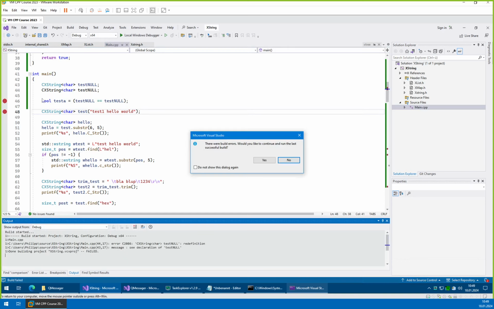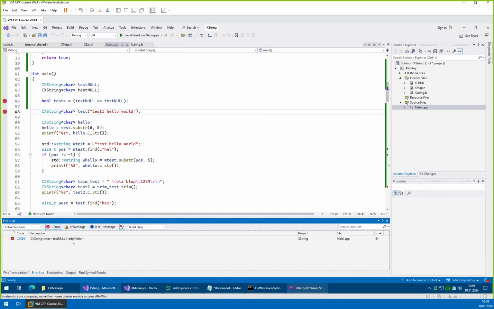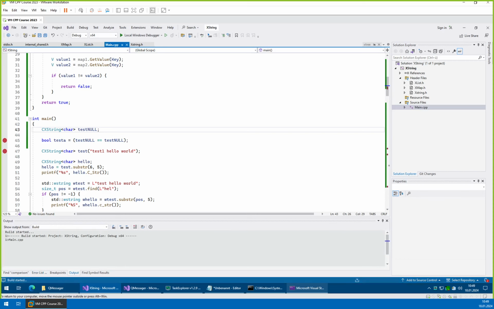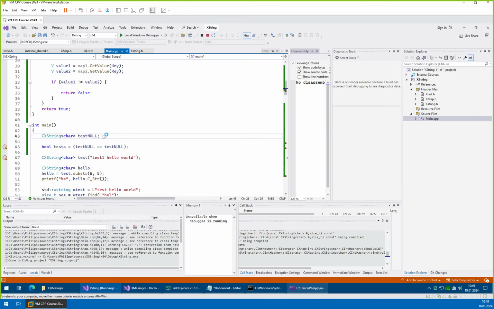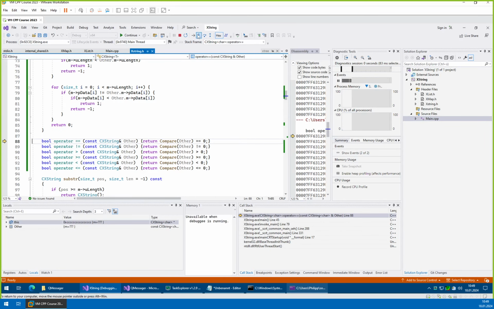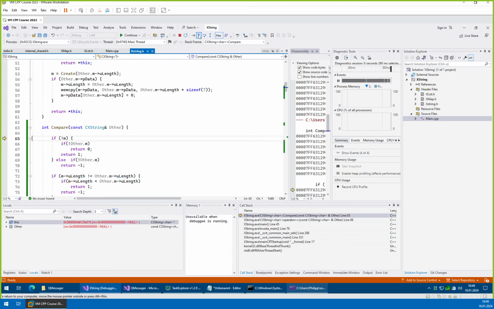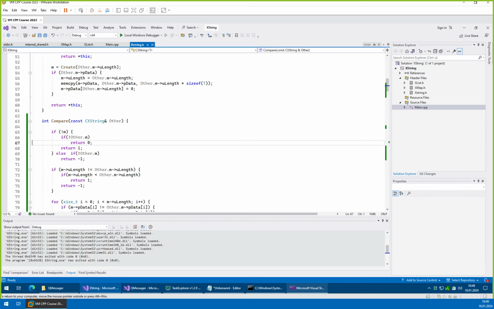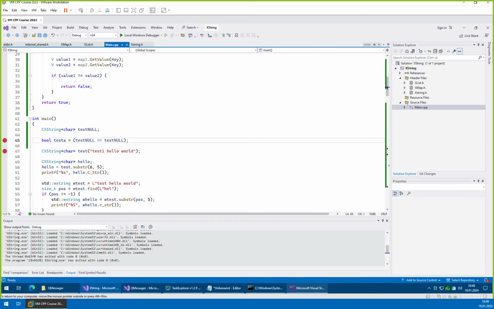In the release build, the compiler would definitely remove that fully. Right, we don't want to define it at the same time. But I think in the debug build it will do such an obviously unnecessary operation still. Yeah, you see it does. So we enter here, it's 0, 8, 0, and it returns 0. Right, and we also could use the compare function directly here instead of the operator, but yeah, that makes it better. Int test R